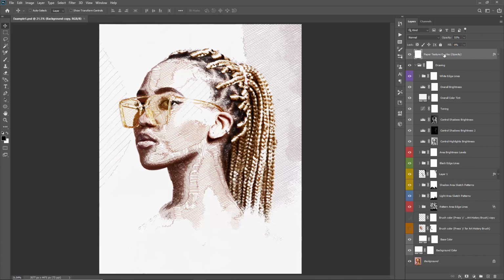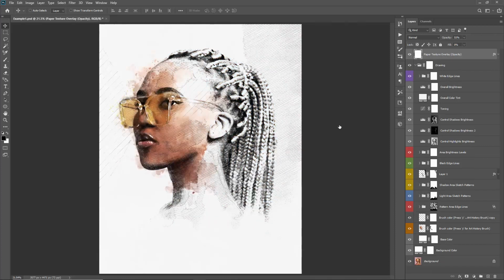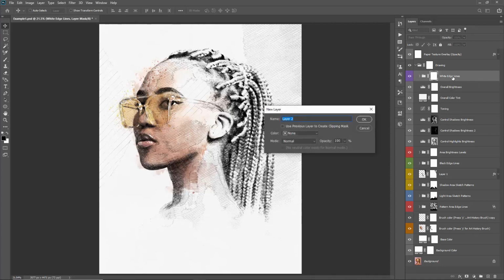But for now, let's just delete that and we'll continue to use our watercolor. I'll just lower the opacity of this down a bit. Alright, looking good. So next, let's apply some technical drawing brushes to this design. So let's just create a new layer. We'll just create it anywhere. Let's put it at the top for the moment. So Control Shift N or Command Shift N to create a new layer. I'll just call this